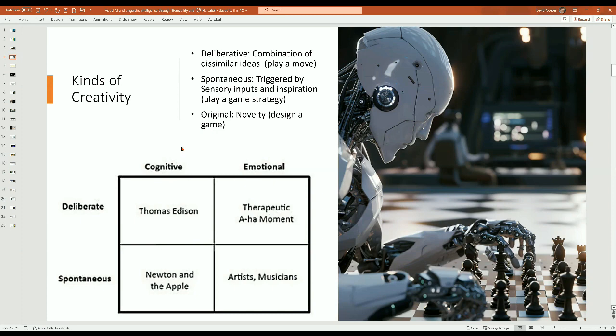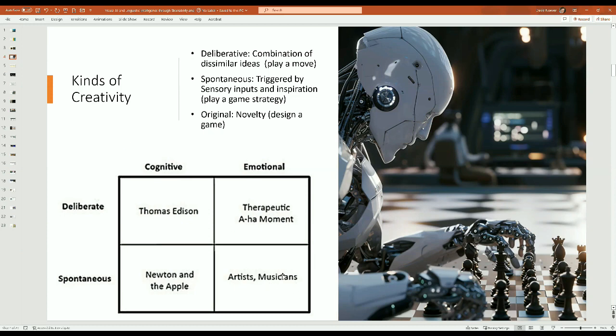And one of the reasons why I think people reserve this for humans is the fact there's a strong sensory input. I'm still giving it the prompt. It's not sitting there just churning on coming up with creative ideas. And the last one, which is really the pinnacle of this hierarchy, is what we would really call truly original. So that means I'm not going to play chess. I'm not going to build a new strategy for chess. I'm actually going to design chess 2.0. So designing a game is the thing that we would call, maybe it's emotional and spontaneous in the sense it truly looks like the lightning bolt, but this is what we have traditionally viewed as artists and musicians.